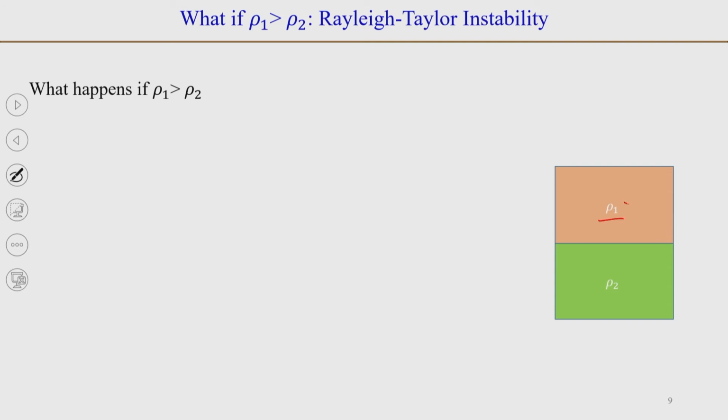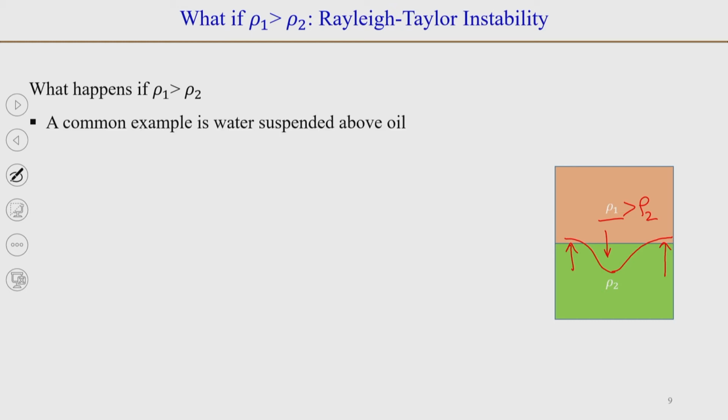So, if rho 1 is greater than rho 2, the heavier liquid will start coming down, and the lower liquid or the lighter liquid at the bottom will start going up,